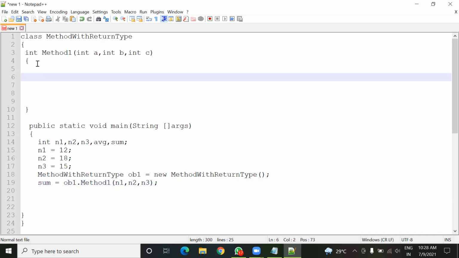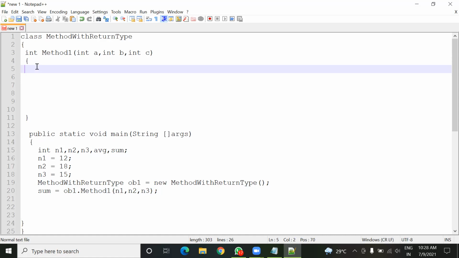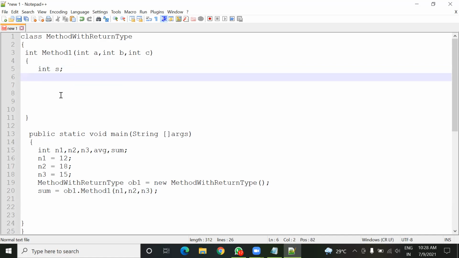Now let us complete its definition. In the definition, we only have to add these three numbers and return the result. So here again one variable is needed. Let us take s, and here s equals to a plus b plus c.